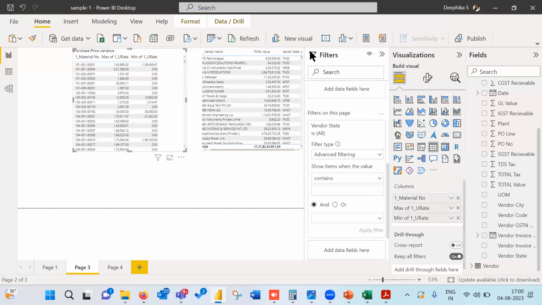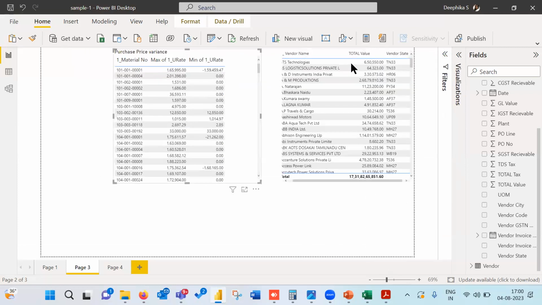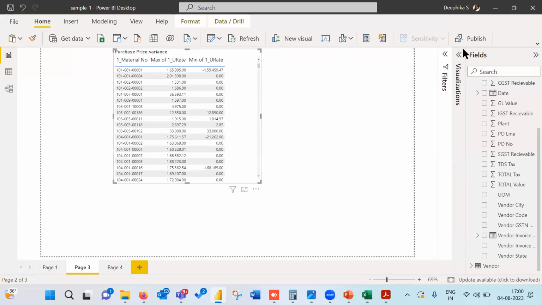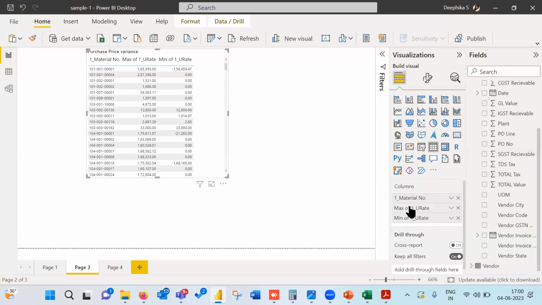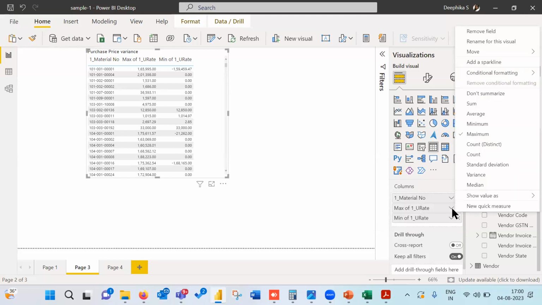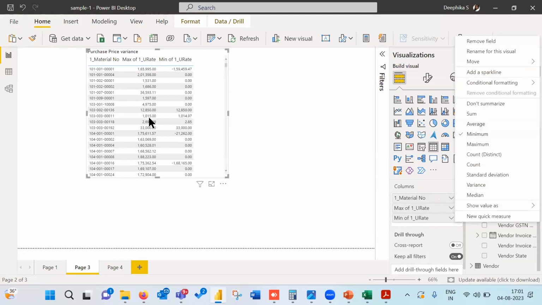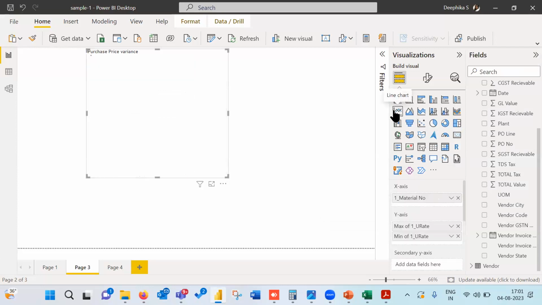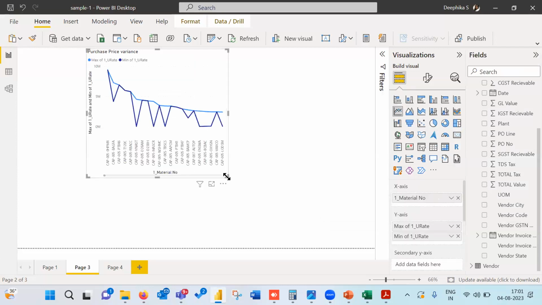Okay, if no questions, we will move on to how we can build a visual with this. Now we saw the implicit measure. With this implicit measure, what did we do? We populated the table required and put it in columns, as a normal table function, and we just clicked the down arrow and made it maximum. Clicked the down arrow and made it minimum. Automatically the minimum of rate has come here, the maximum of rate has come here, and we have a variance chart. With this variance chart, we can put a line chart and see how the trend has moved for each item.